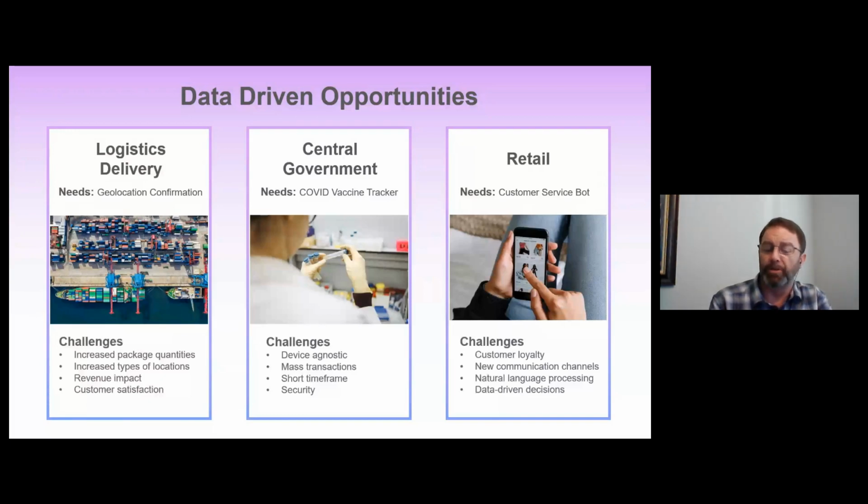Folks have not been able to just go to a store location, so they are now looking for more ways to interact remotely through apps and the web. How do you make that customer feel as if they're being catered to as an individual by delivering a more personalized experience, but without them leaving and feeling isolated? They're interested in trying to take advantage of new technology like natural language processing as a way to help do just that. So given these requirements, what does that do to the architecture of the business app development?